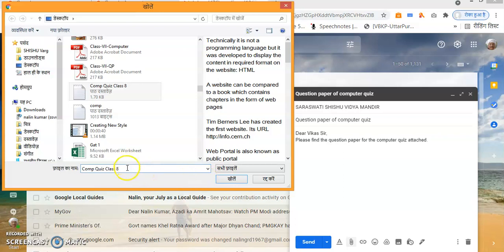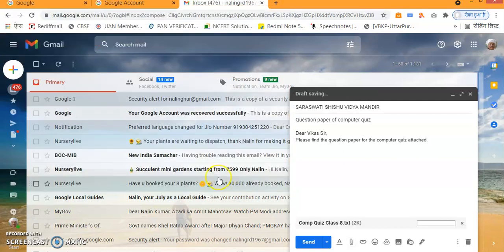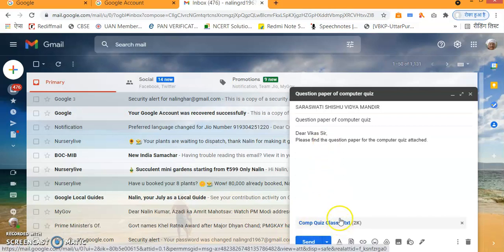So I have got the file to be sent. Now click upon open. Here it is written Khole, but if it is in English you will find it open. So open it, and now you can see the file has come. The file has got uploaded. Now you can simply press the button send, and this mail along with this file will go to the recipient.